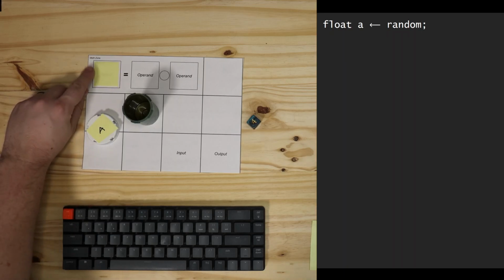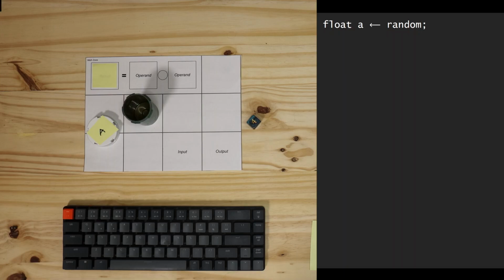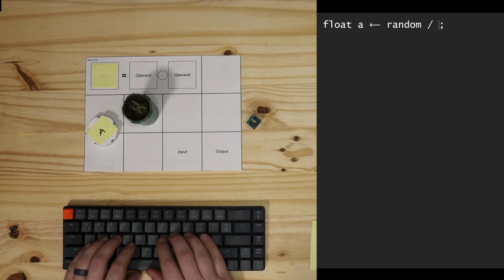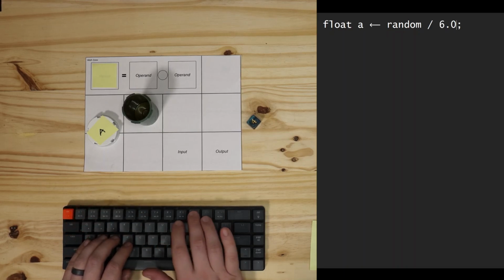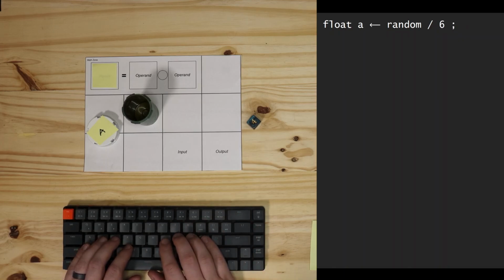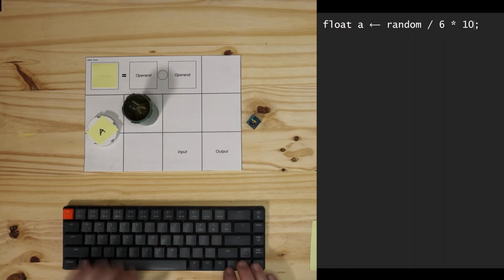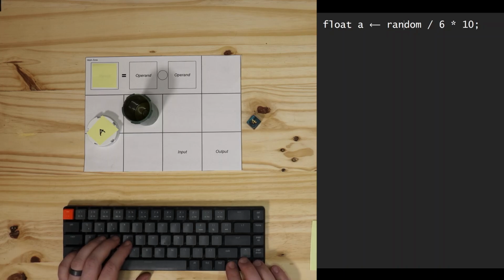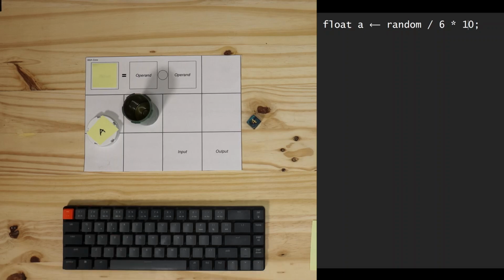So here's the result. I'm going to get a random result. And what I'll do is multiply random by the result of dividing it by 6 and 10. So here we are. Random is an integer value. We'll divide it by 6 and then multiply that result by 10. What this is going to give us is